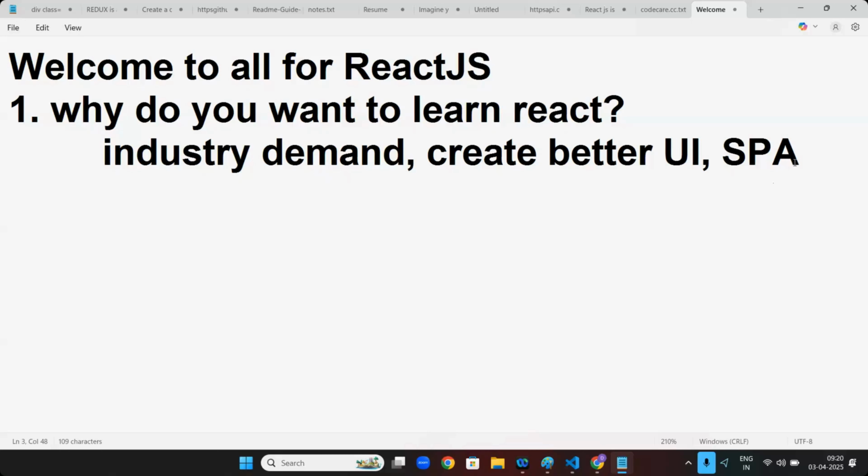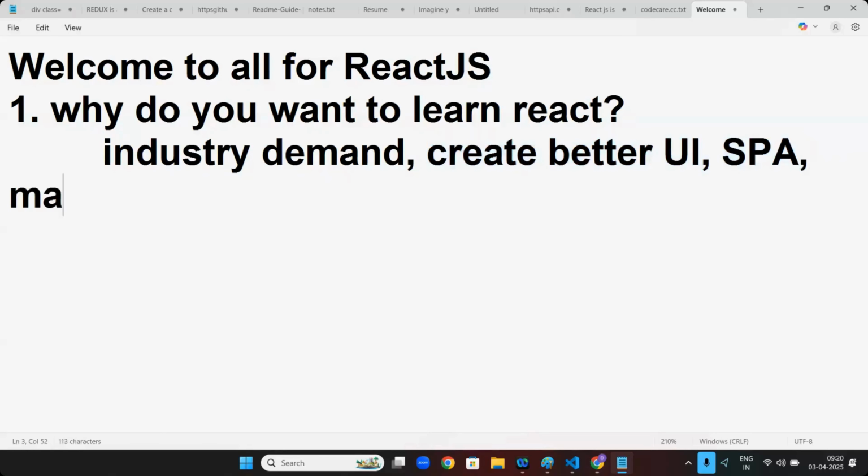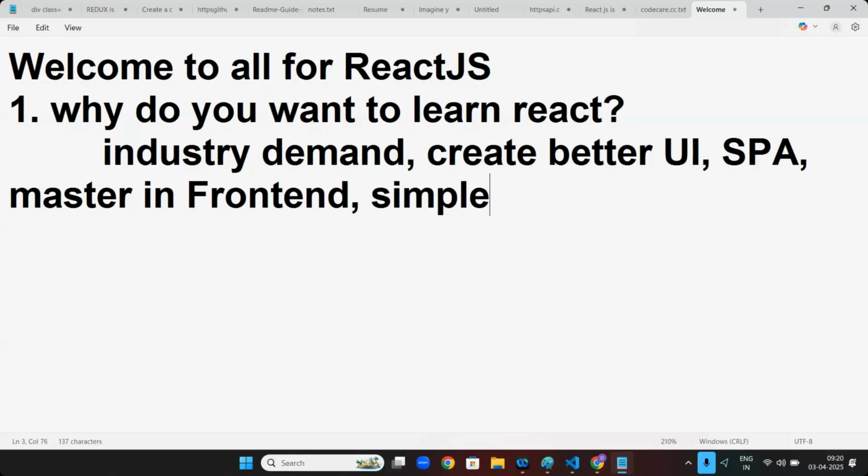Someone wants to master front end. Okay, master front end. Not bad, that's a good logic. When compared to all front-end languages, React is simple. Who told you? All are simple only. Okay, anyway, some people think it's simple and easy. What about offline? No one is trying to speak.